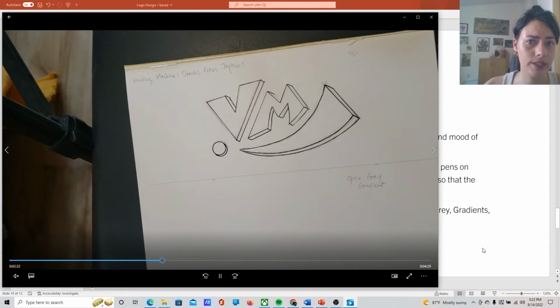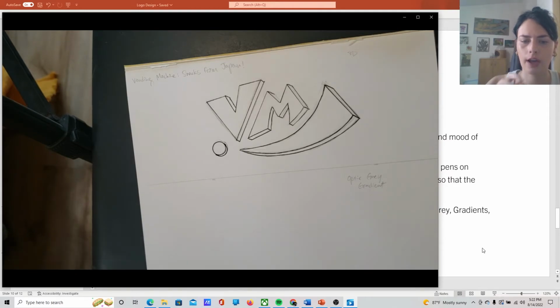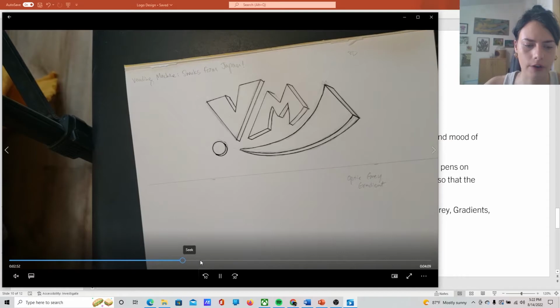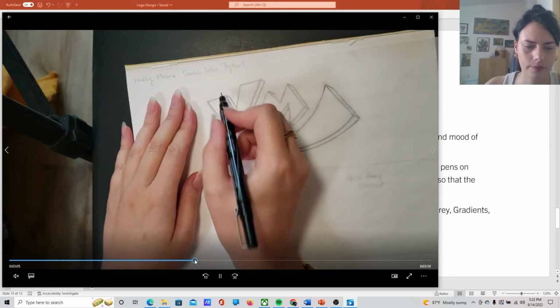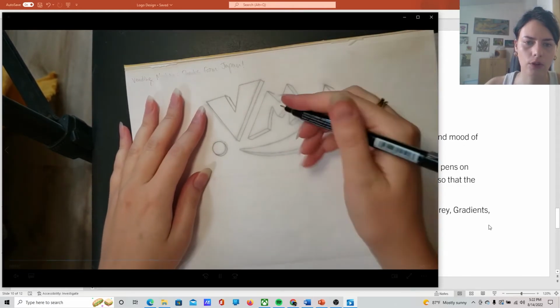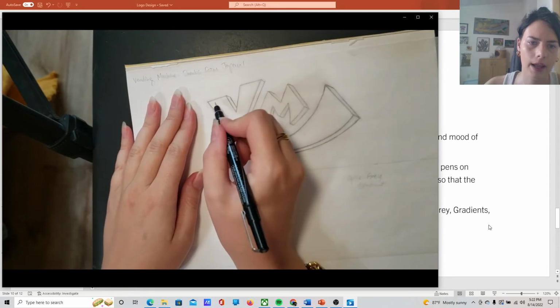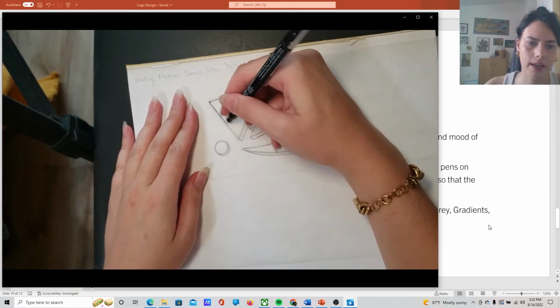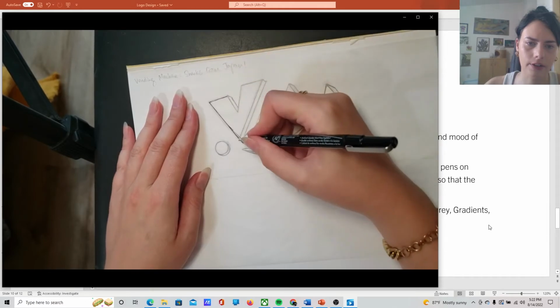Now you don't have to do this step. You could just freehand draw it for the second and third one, especially if you want little variations in the actual shapes or angles of the design that you're working on. That's totally fine. I chose to do it this way, so it's totally up to you and what your needs are for this step. So I'm placing tracing paper over this, and I will just trace over my work. And it doesn't have to be perfect because I can just clean it up later. This is just to